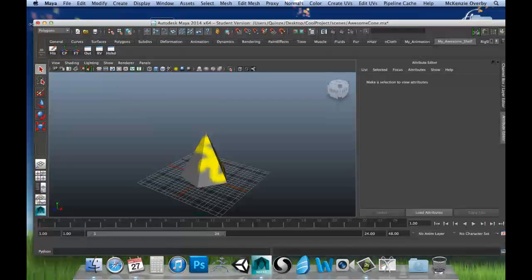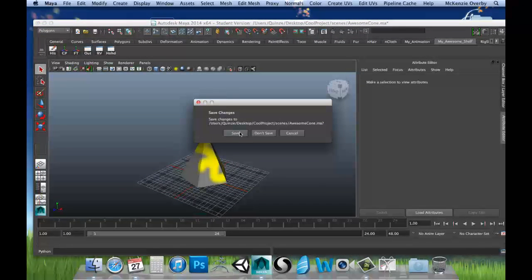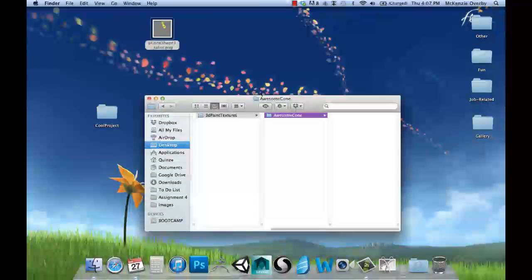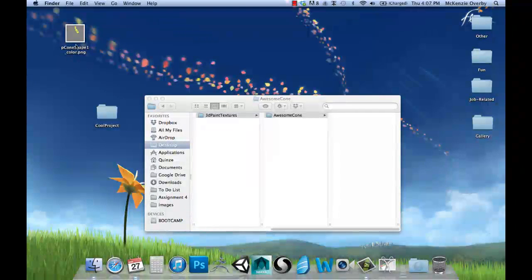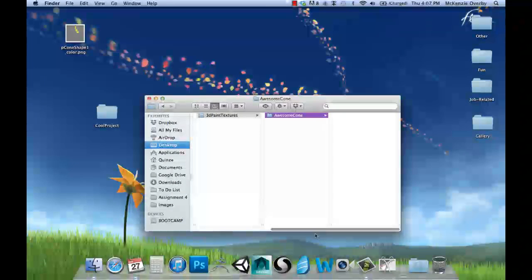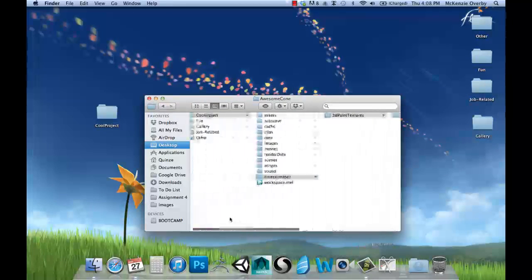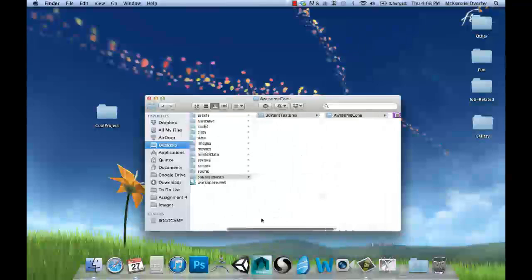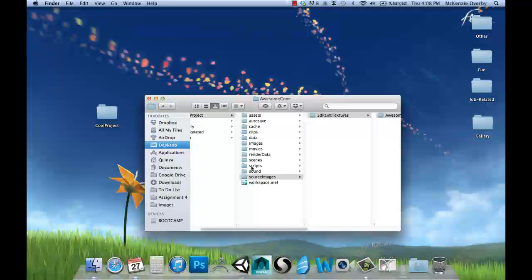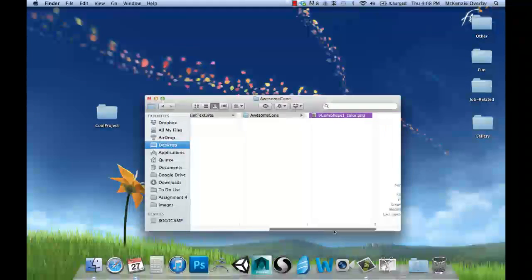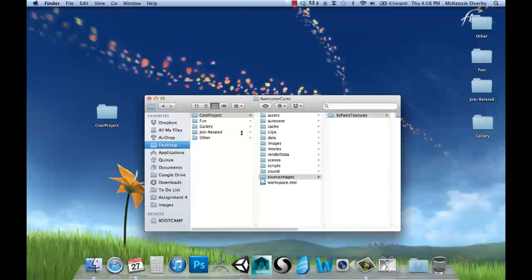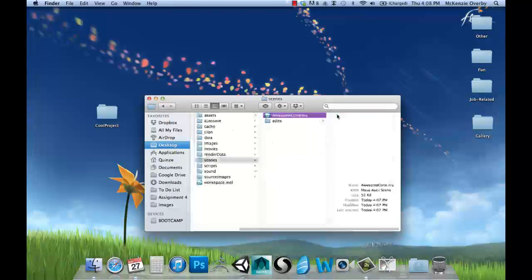Now, we don't actually want to have this just sitting out on the desktop or sitting out in some other folder somewhere else on my computer. We actually much prefer it to be in this file structure, because if I have it somewhere that's organized with all the rest of my project assets, that way it makes it very easy for me to open up my scene,